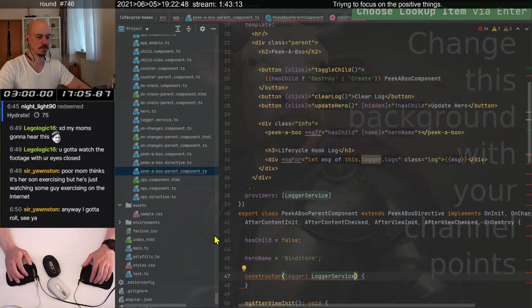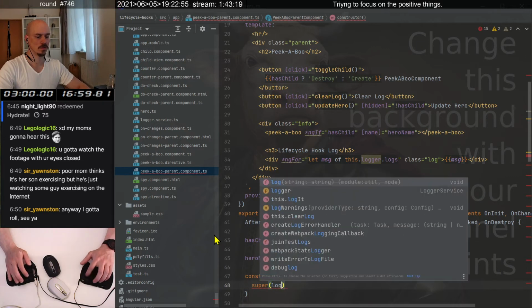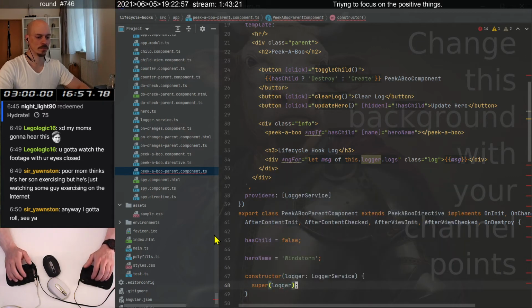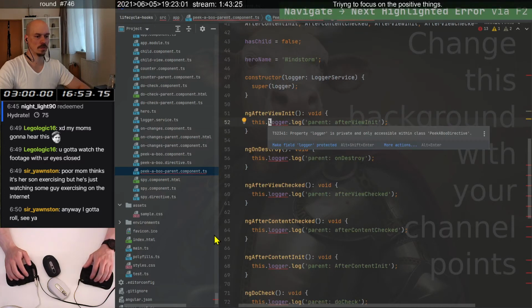Service. Come on, escape on super logger, like so. Now we have some problems in here because this should be behaving differently,